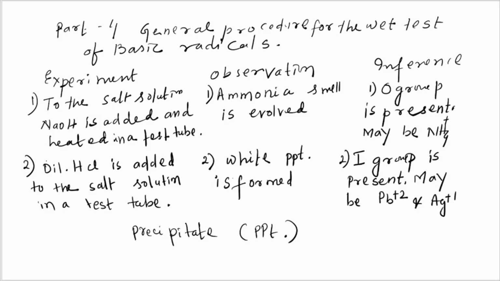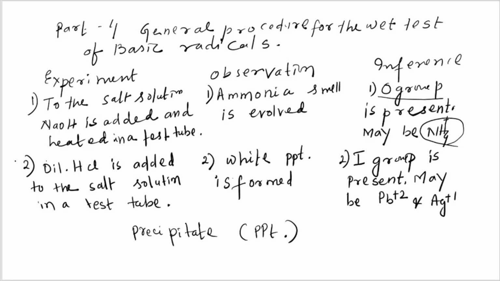You take the salt solution. Sodium hydroxide is added and heated properly, then an ammonia smell is evolved. If you don't know the ammonia smell, then see in your lab where ammonia is and smell it. If it is happening, then you are sure that 0 group is present. And what is it? You know the 0 group reagent I told you just before, that is NH4 plus,